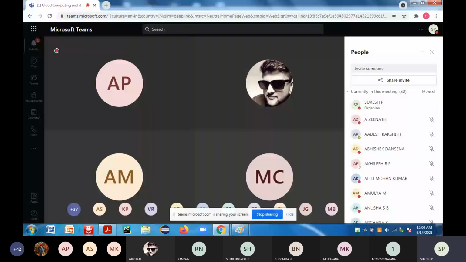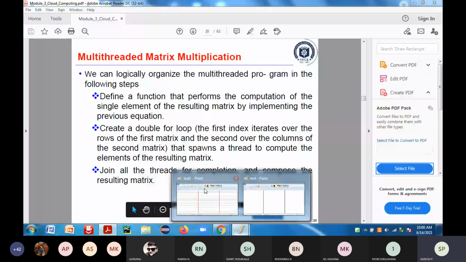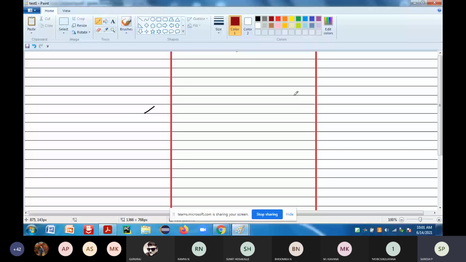Now, if we take the formula for computing the matrix multiplication, assume that your output is C of ij.